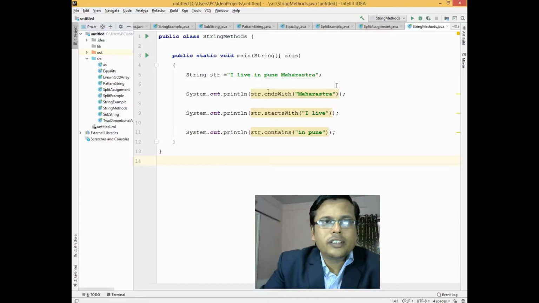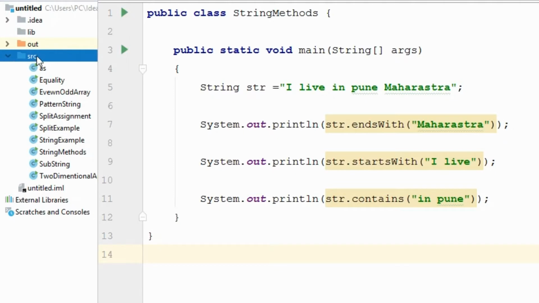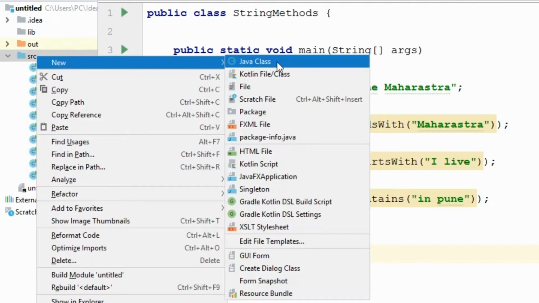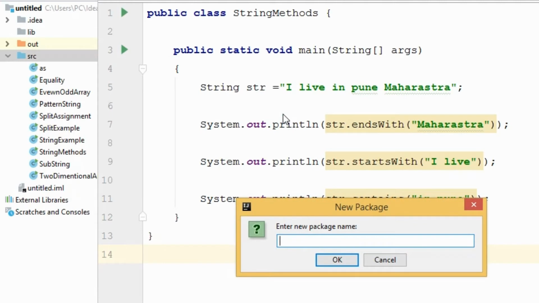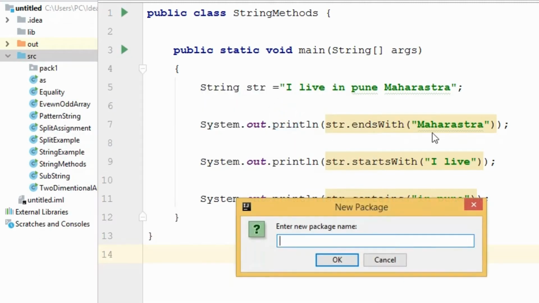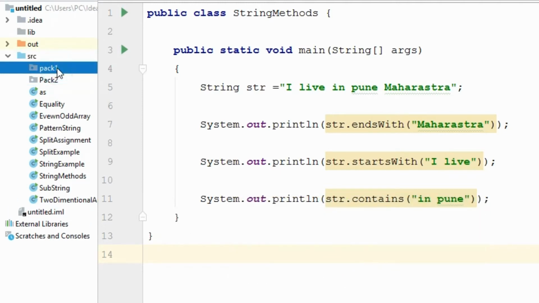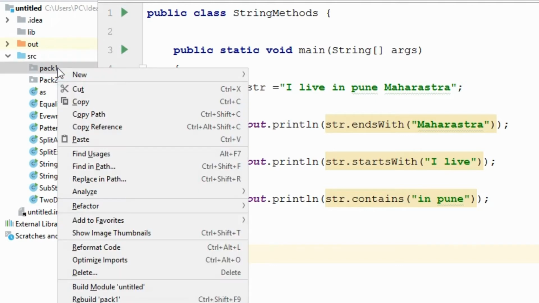In order to understand, I will create two packages in my src folder. New package, pack1, and pack2, right? So let's create two Java classes each,